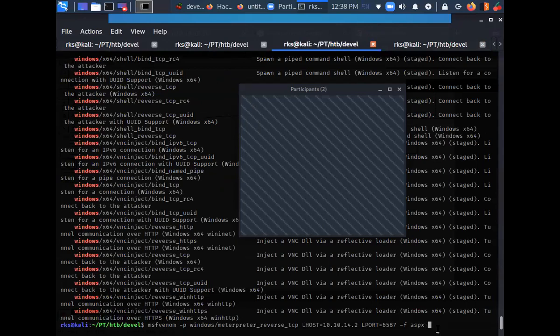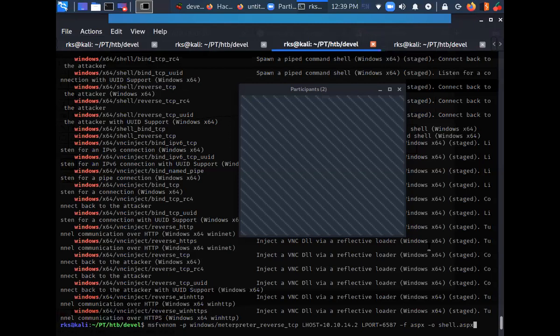Let's do a -o flag. Hyphen small o is basically used for saving the output. I want to save the output file with the name shell.aspx. So this command is clear.